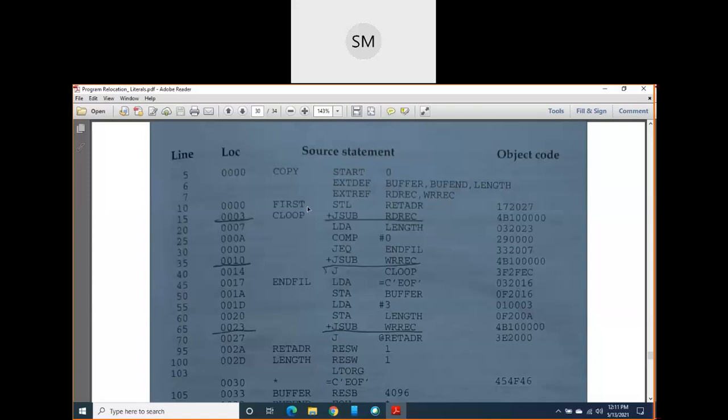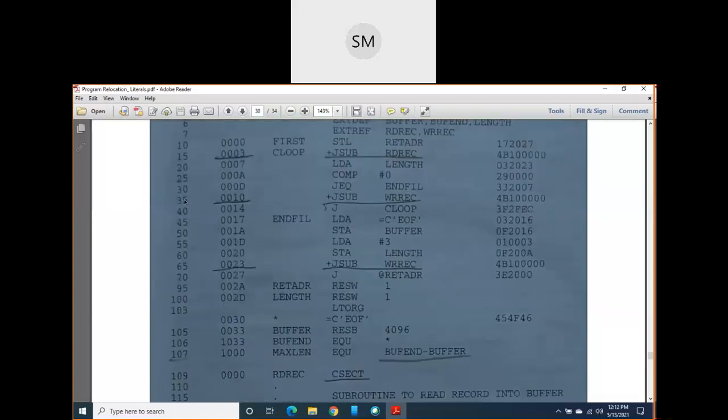But here you should be very careful, because you are working on control sections. Each control section is treated as a separate program. One control section does not know another control section, and does not know the symbols defined in other control sections. Because of that, if it doesn't know the address, you simply take it as 0.